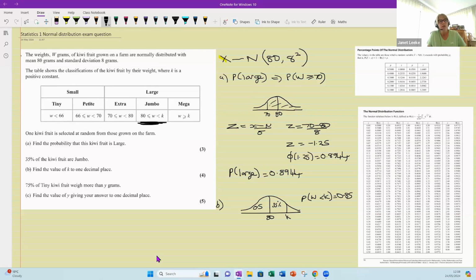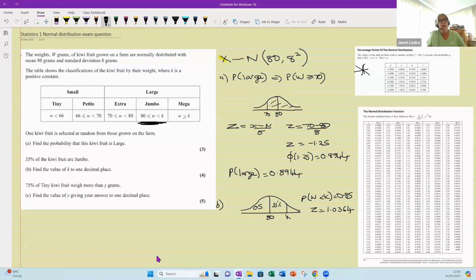So what I do at this point is I use the reverse table up here, and I'm going to look up 85%. But again, you see that it doesn't include all the probabilities in there, and that's because of symmetry again. 85% is going to be the same value as 15%. And 15% is 1.0364. So I know my Z is